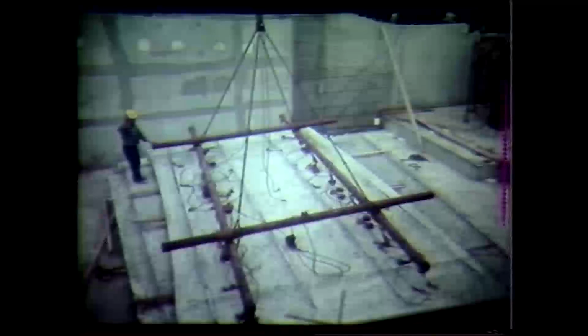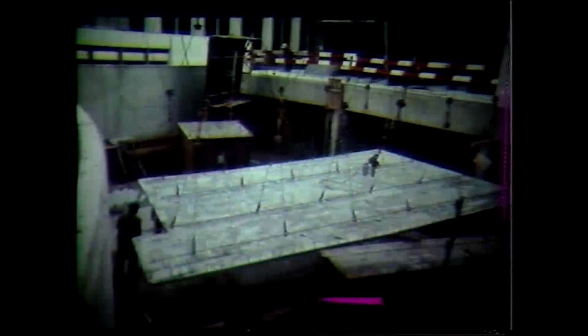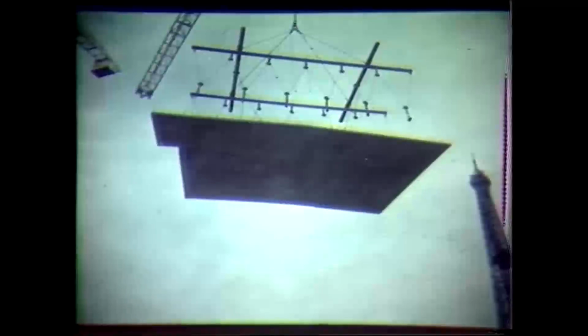But by this ingenious device that uses pipes and a pulley-carried cradle, such a very thin slab, this one is 50 square meters, a whole apartment, is picked up with cables and pulleys. Now the effect of the pulleys is to equalize the load in each one of these points that it is picked up all over its surface, which means that one can pick up a very thin slab without breaking it, able to lift it up and deposit it on minimal scaffold